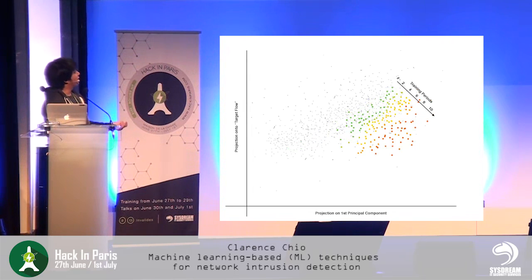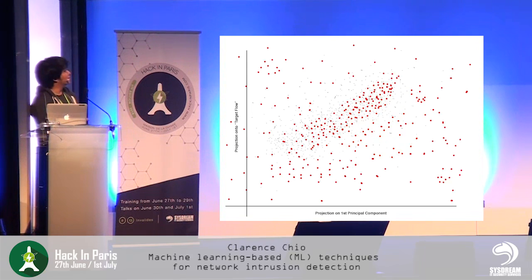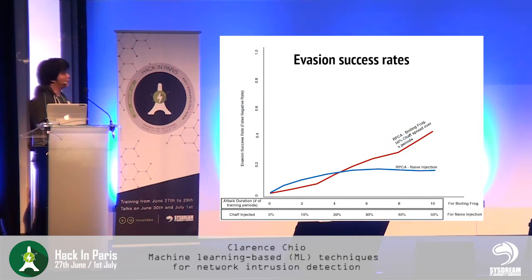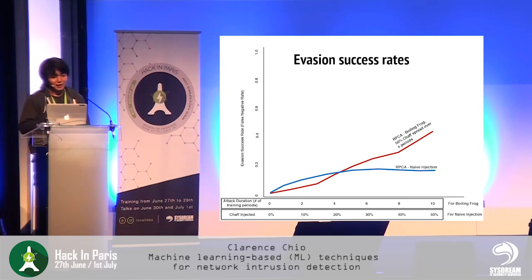And I implemented the boiling frog attack, which basically, over a certain number of training periods, tries to avoid detection by going slow and slowing down the rate of attacks, and also messing up the whole system by just throwing random data. And obviously, this also moves the lines. The important piece of thing here is that using naive injection, I was able to avoid detection about 50% of the time.